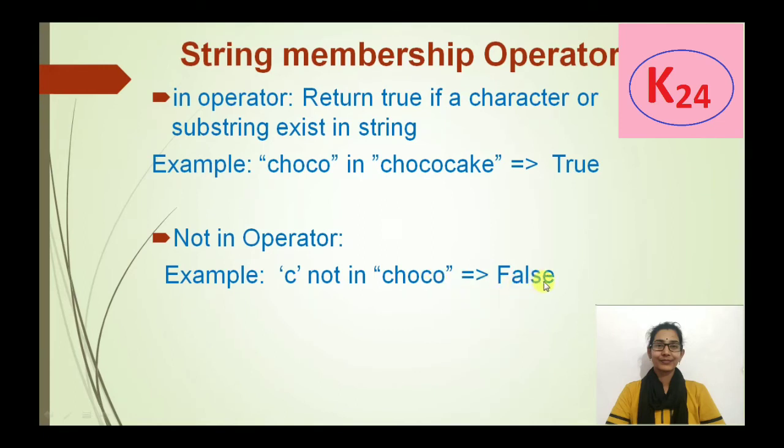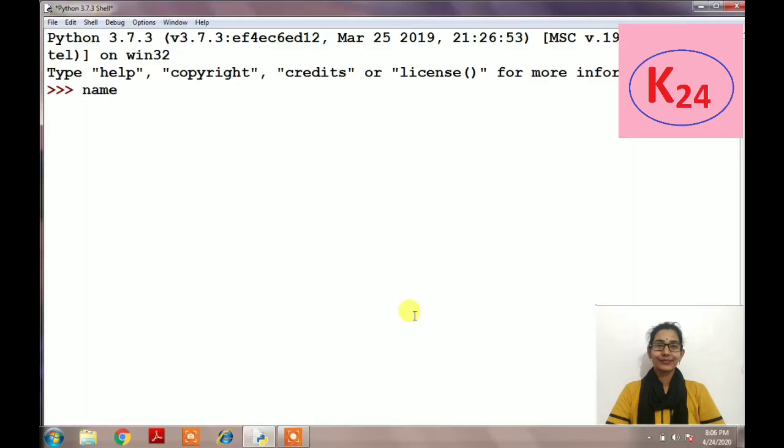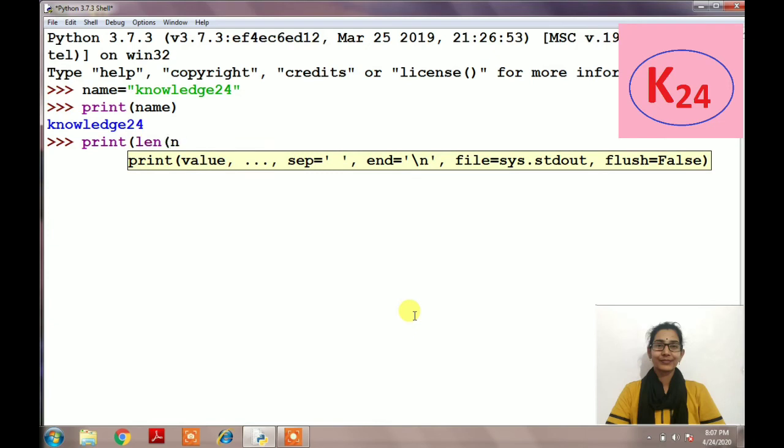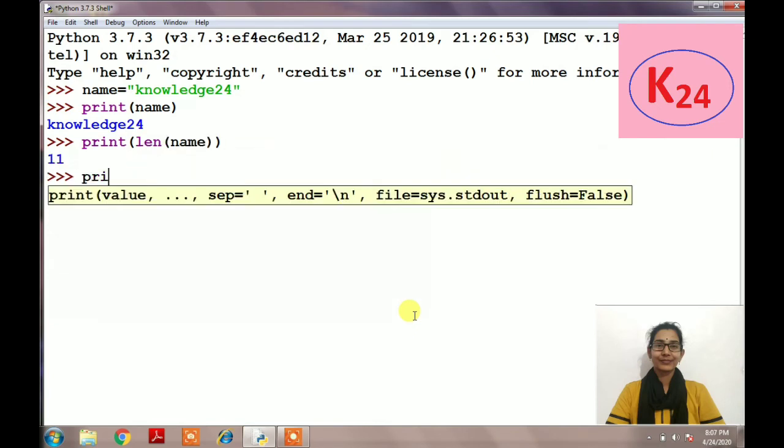So false. Let's see the demonstration of strings. For example, name equal to "Knowledge 24". Firstly, we print the name, and it will produce Knowledge 24 as a result. Then we print the length of name, and it will display 11, the length of Knowledge 24.